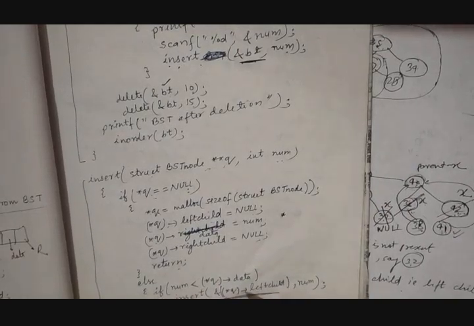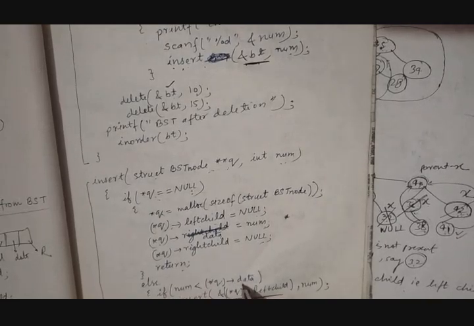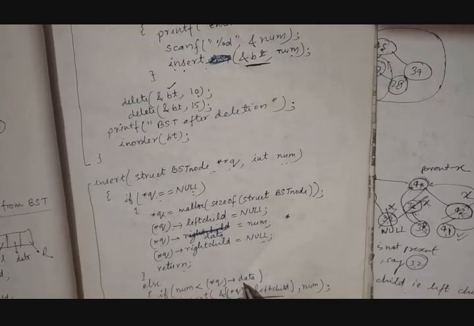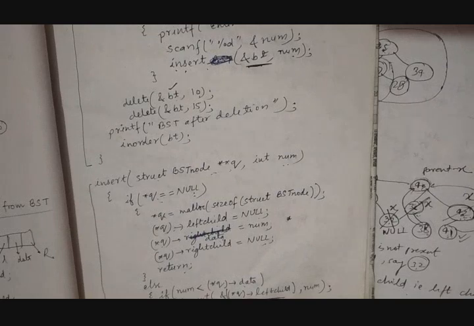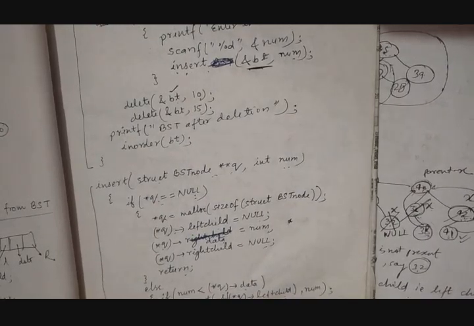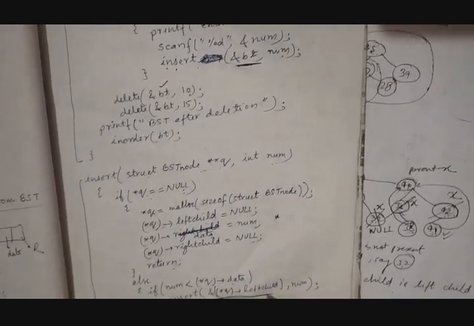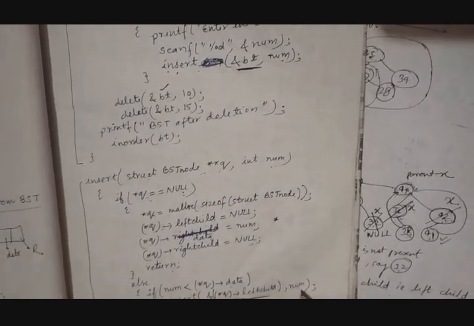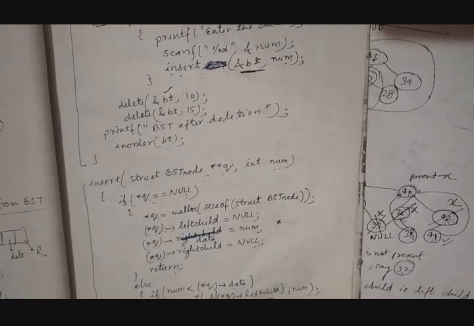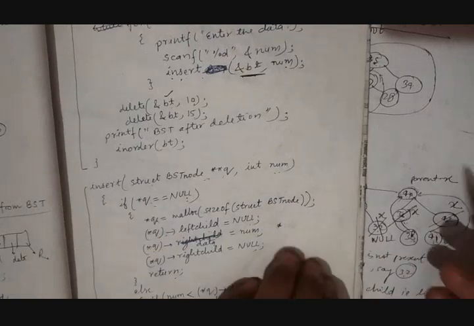Just see here, it is passing the address of the left child because the number is less than the key value of the root node. This is pointer q left child, and we are writing the ampersand here. So it is passing the address of the left child node and also the data. This is a recursive call. Again it will start from here and it will run the same.